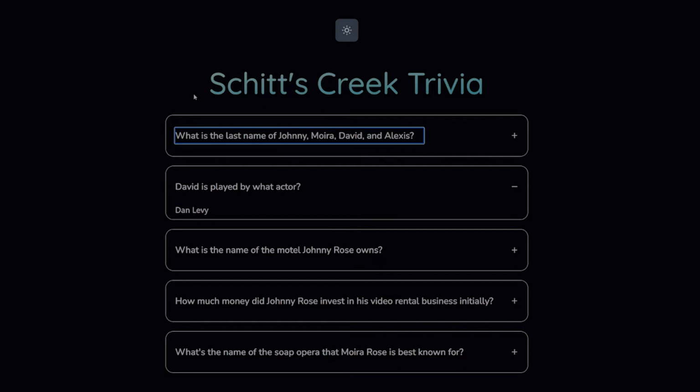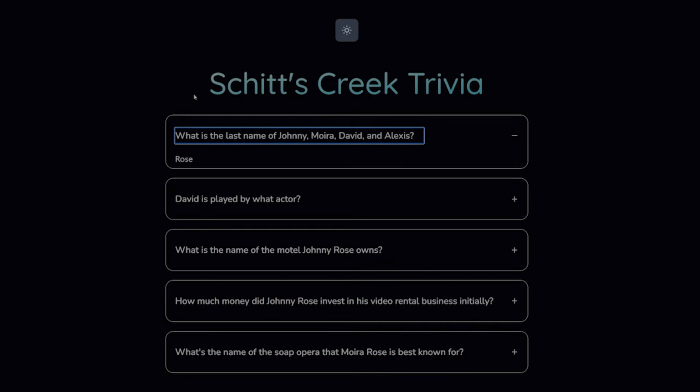So it read to us a few things. It first gave us the content of our button there. It then said, press enter to reveal the answer, which we are accomplishing by using an Aria-Label attribute. It then said button collapsed because of the Aria-Expanded attribute, and that is set to false when the accordion is closed. So now if I click enter,